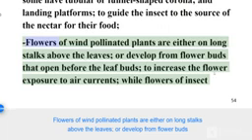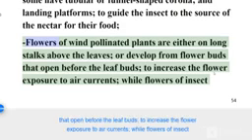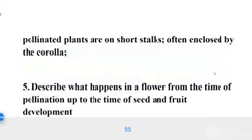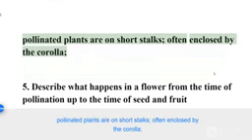Flowers of wind-pollinated plants are either on long stalks above the leaves, or develop from flower buds that open before the leaf buds, to increase the flower exposure to air currents, while flowers of insect-pollinated plants are on short stalks, often enclosed by the corolla,